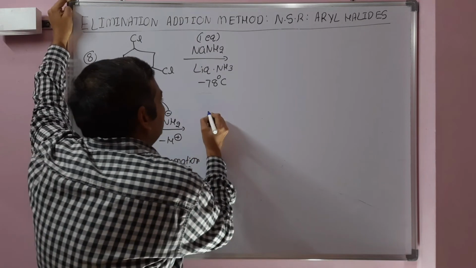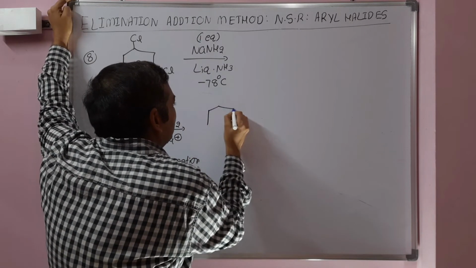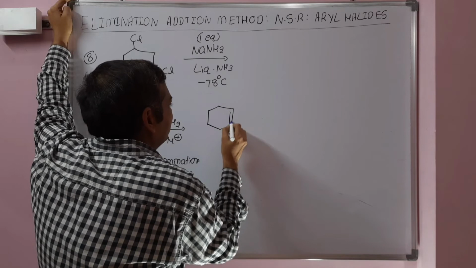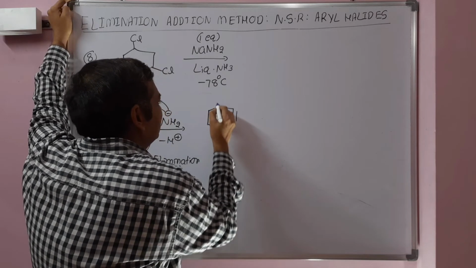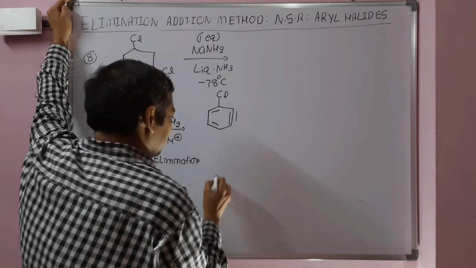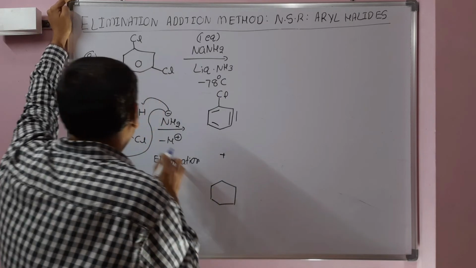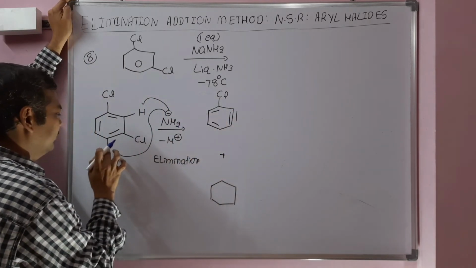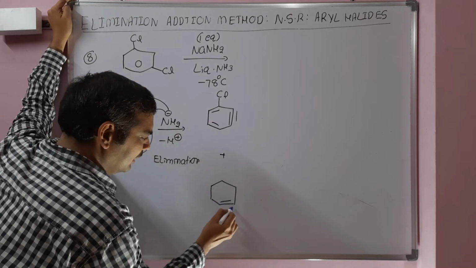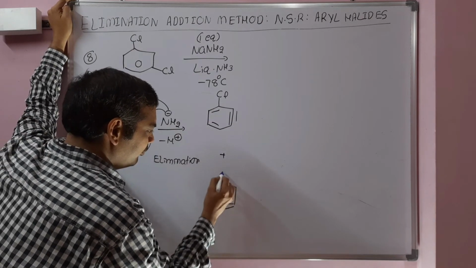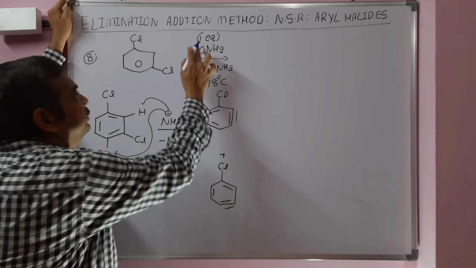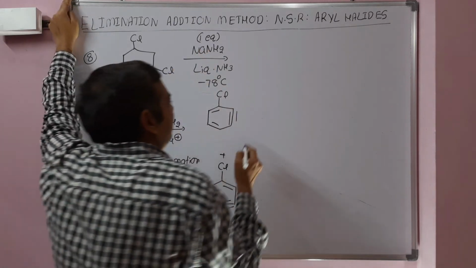We will get two benzynes. In the first case the benzyne is this. Whereas in the second case, if it abstracts a proton here, the benzyne is this one, with chloro. Since we are using only one equivalent of sodamide,